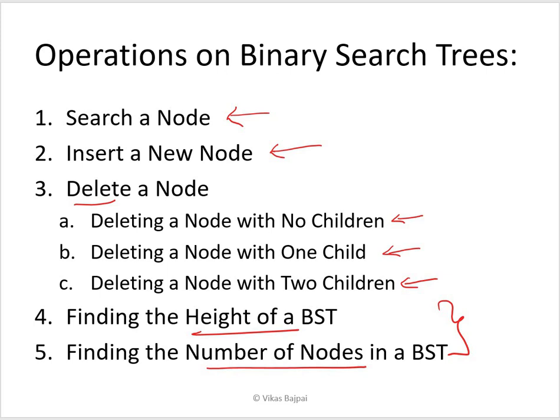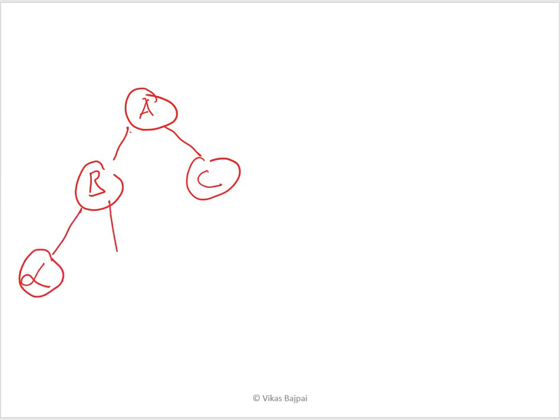So let's say I have a binary search tree in this format, let's say A, and then we have B this side, then we have C this side, and here we are of course sure that this particular B will be lesser than A and C will be greater than A. That's why this went into this. And let's say we have alpha, we have beta, then we have some setup of this kind, right? So what all options we can have is we can search a particular node or a data value.